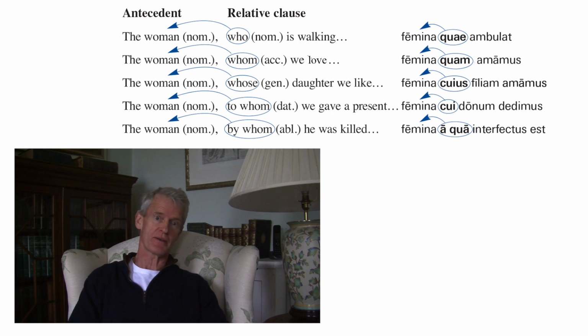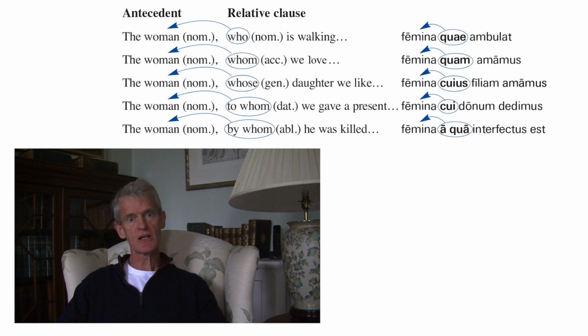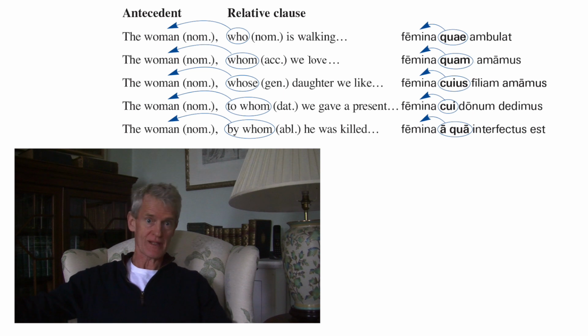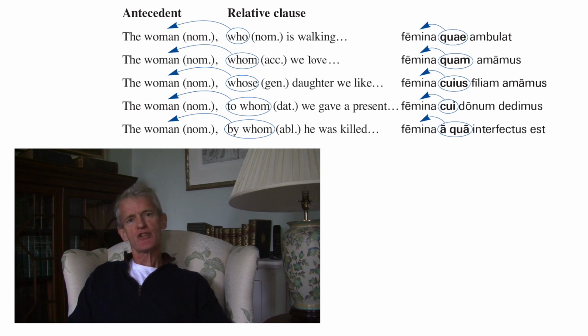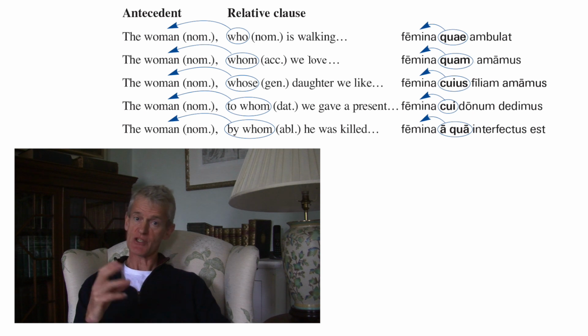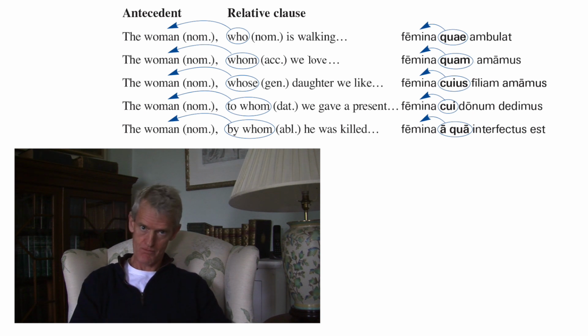So let's look at this one. The woman whose daughter we love. Okay, and then we'll go on and say she's happy or whatever. So, the woman whose daughter. Now, that relative pronoun in English has become whose, and that means of whom. Okay, so the woman whose daughter,